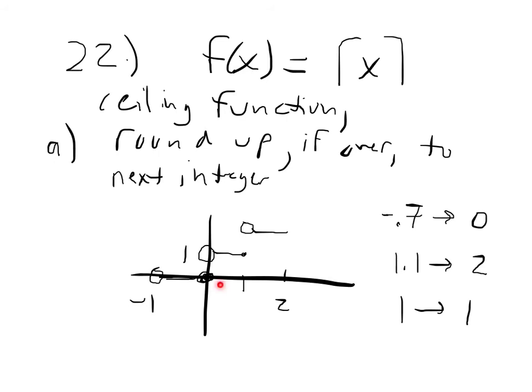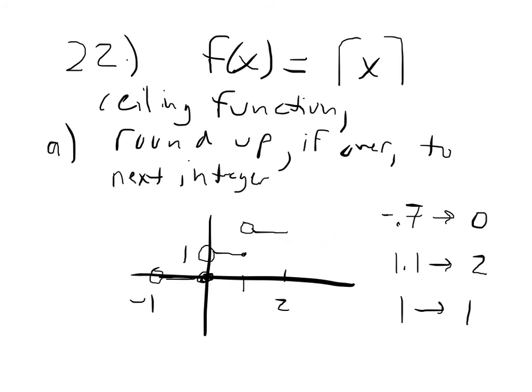So my graph then is going to take numbers here from 0 to 1, round them up to 1. At 0, I stay at 0. And at 1, I stay at 1. Numbers from 1 to 2 round up to 2. At 1, I've got an open circle here because 1 is 1. And then I round up and I've got a closed circle at 2. Same thing over here. 0 is 0. And then numbers in between negative 1 and 0 are going to round up to 0. So there's 3 steps